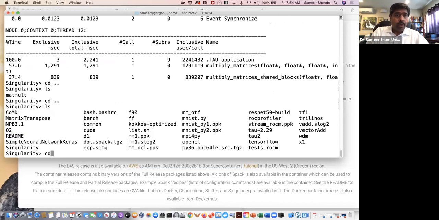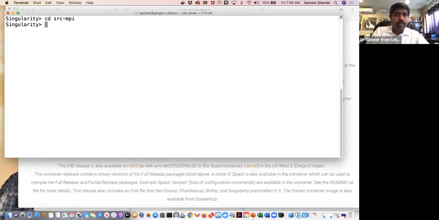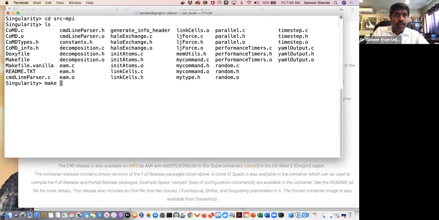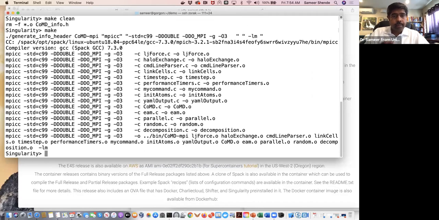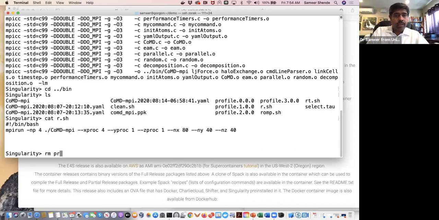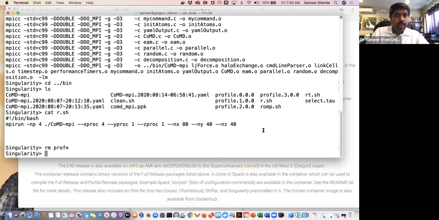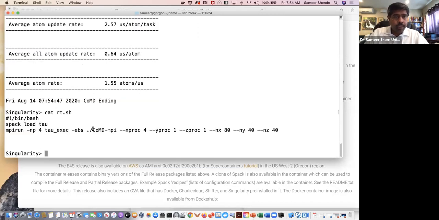Here is an example of a molecular dynamics application, SRC MPI. And here's an MPI application. I can say make, and I'll be able to build it. If I go and launch it, I can launch it by saying something like this. Launch it on 4 ranks like this. Or if I want a bigger problem and I want to run it with just tau_exec,